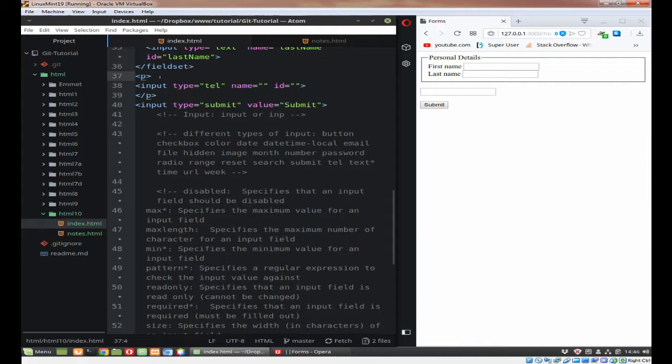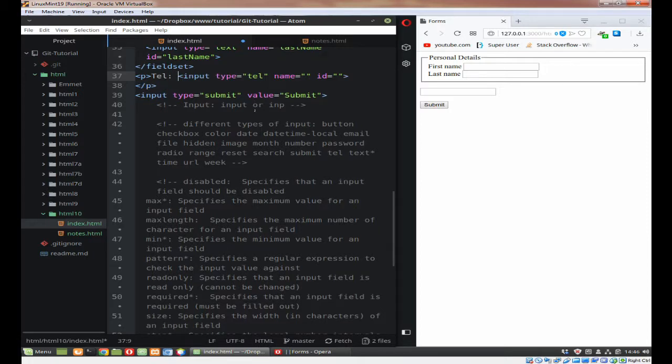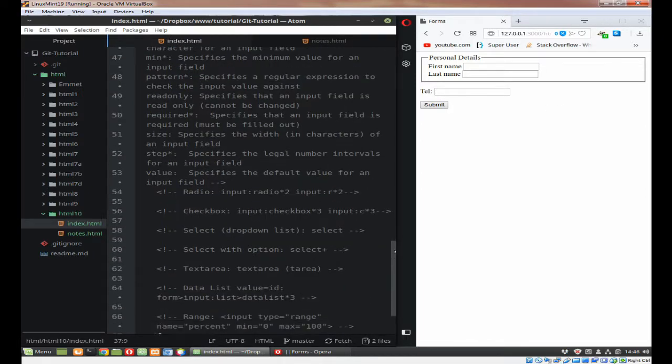I'll just type that, and right, so okay,